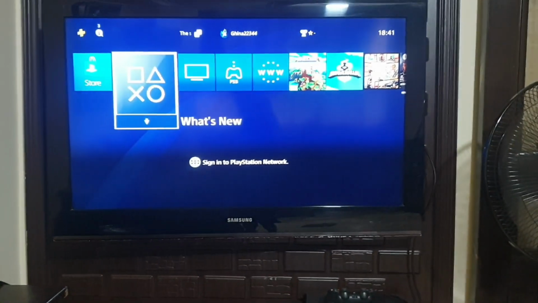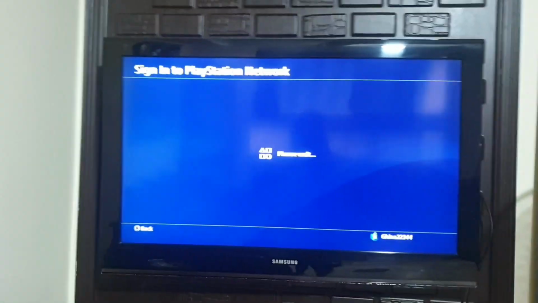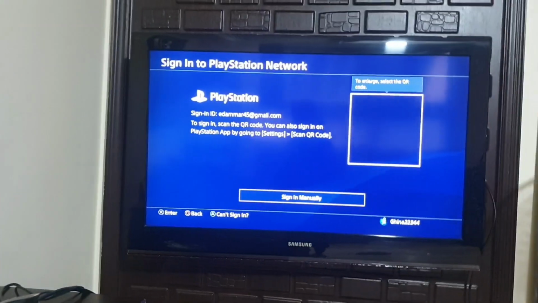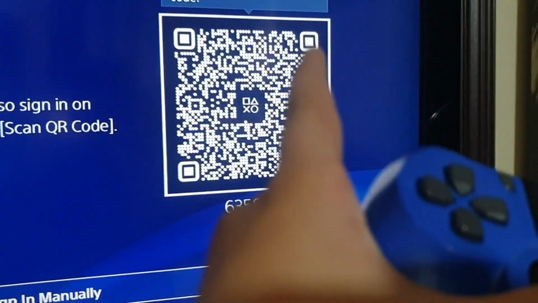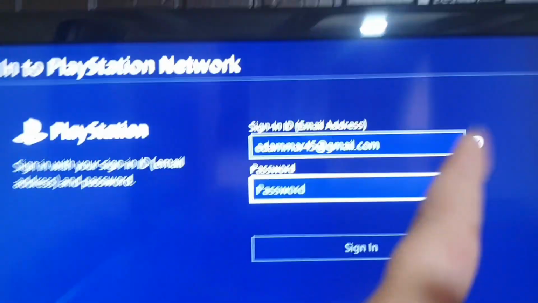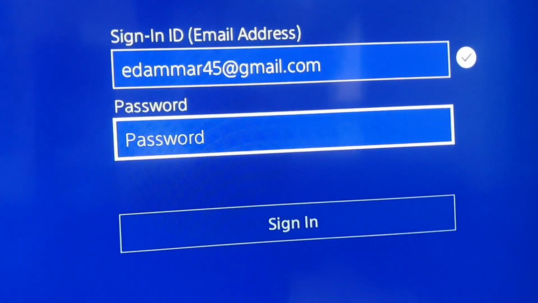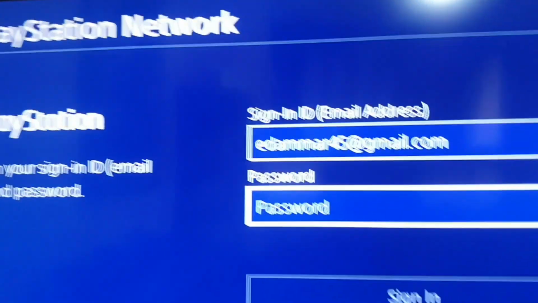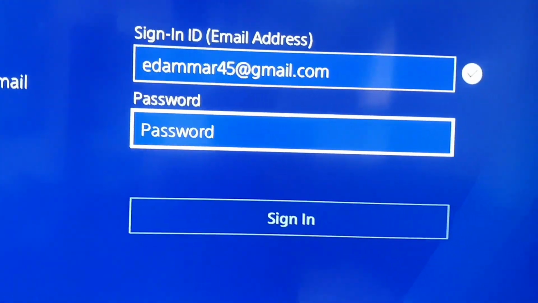Press X, or do it like this on your controller. When you're done, you can do it by the QR code or sign in manually. You'll have to put the same password you put as your PlayStation Network, and you'll have the complete PlayStation Network.